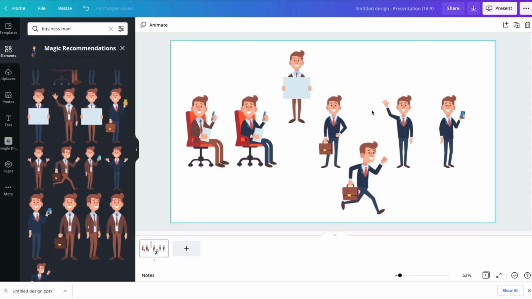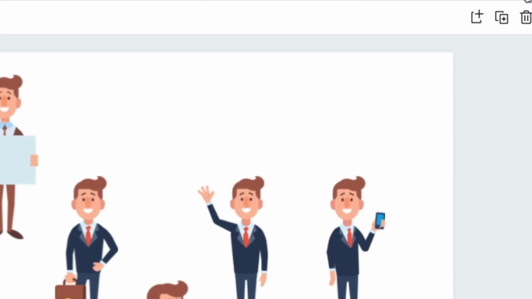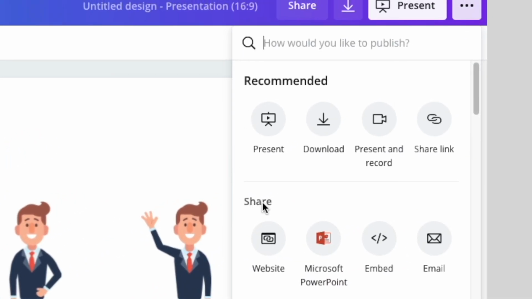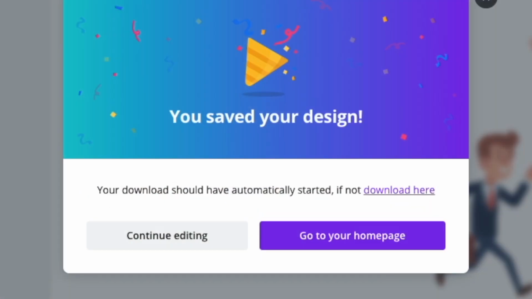If you do select a character through Canva, be sure to download your design as a PowerPoint so you can easily transfer your characters to your next presentation. You'll want to click on the three dots, and under Share, you'll see PowerPoint Presentation. Then download it. Now for your settings and backgrounds, you can of course search for them through PowerPoint itself.